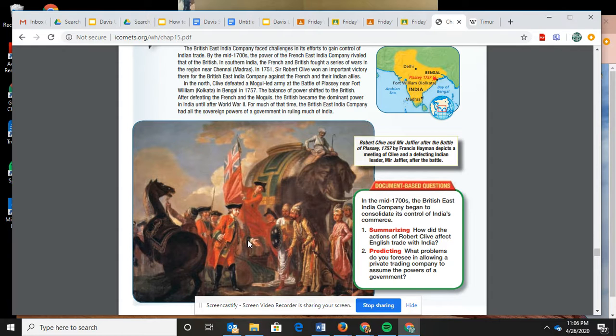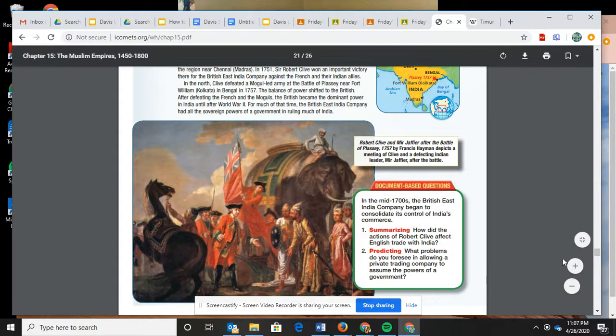The other countries we need to talk about are China and Russia. We will just barely touch on the other European countries in Unit 3 because they really come to the scene in Unit 4. So we did these three Muslim empires. We'll talk about China and Russia, and then we'll be pretty close to moving on to reviewing for Unit 4.